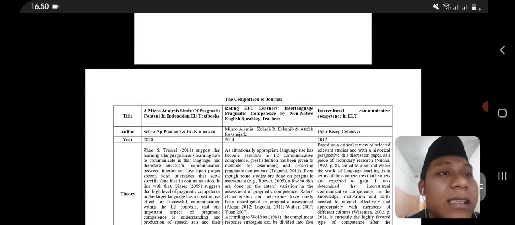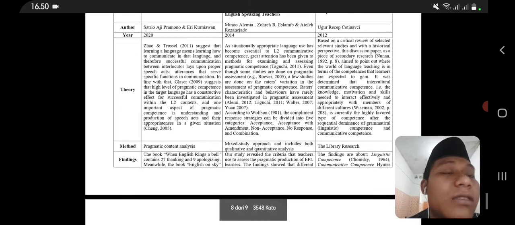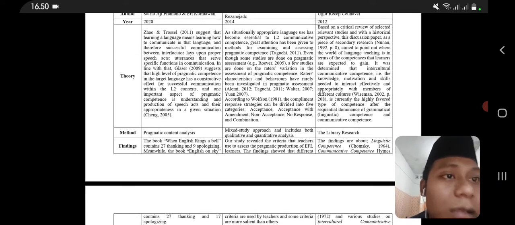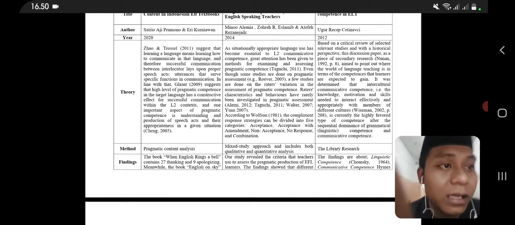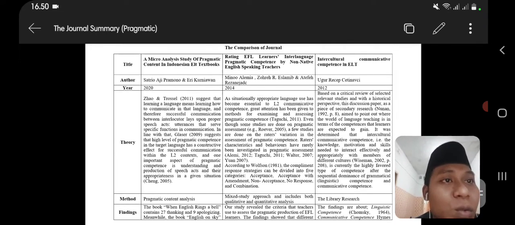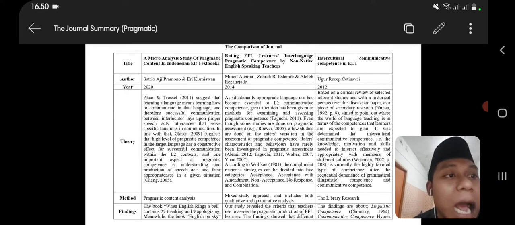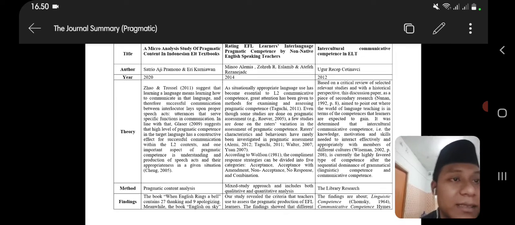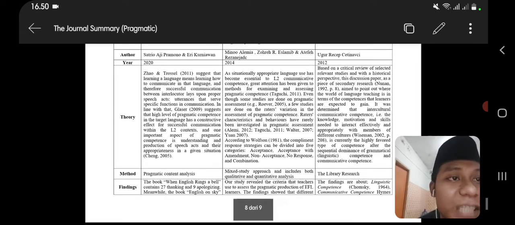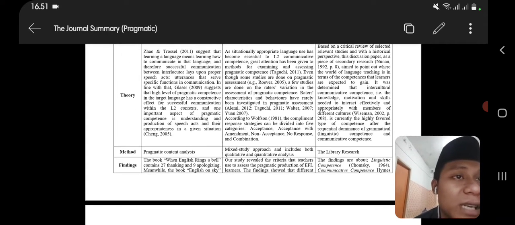And then the last one is intercultural communicative competence in ELT, 2012. This last journal that I summarized is actually about library research, in which it tries to get the data on how to deal with English language teaching for intercultural communicative competence. So the main theory that I found is based on the critical review of selected relevant studies and with a historical perspective. This discussion paper, as a piece of secondary research, Nunan, 1992, page 8,